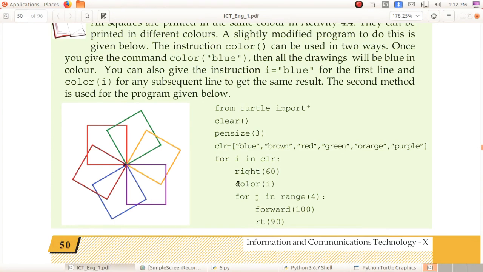Then here you can see color of I. Okay, which means that I is the variable that we have given here. Okay, color of I. So for I in color means these 6 colors are stored in this variable. Okay, so color of I. We can just try that.